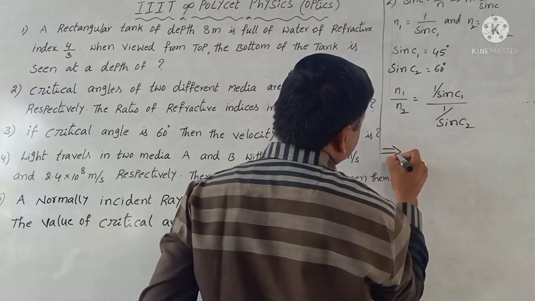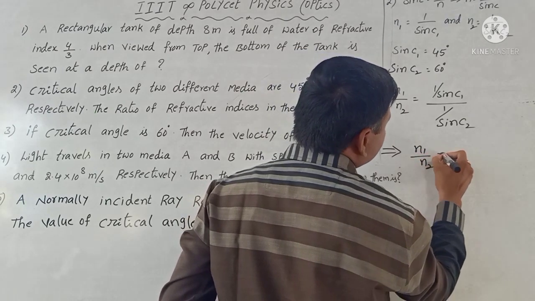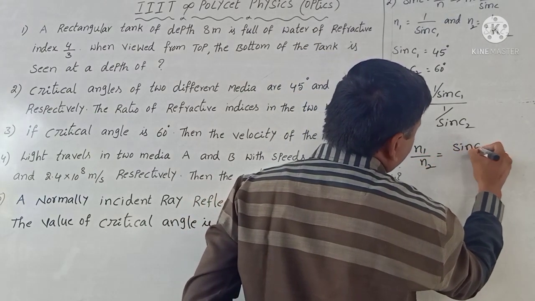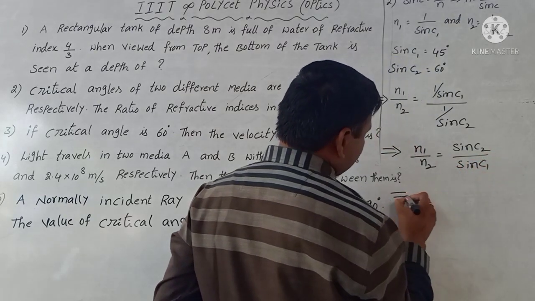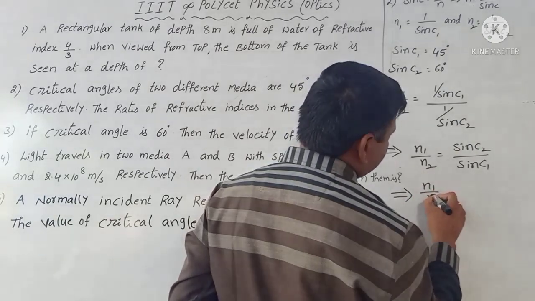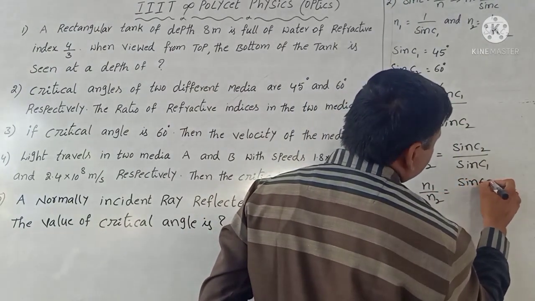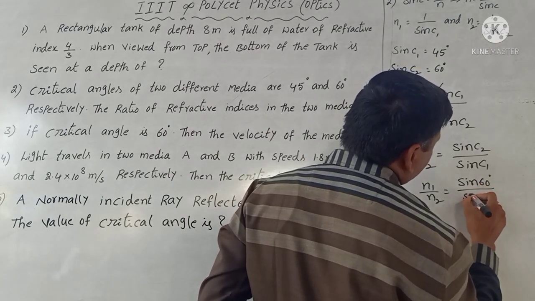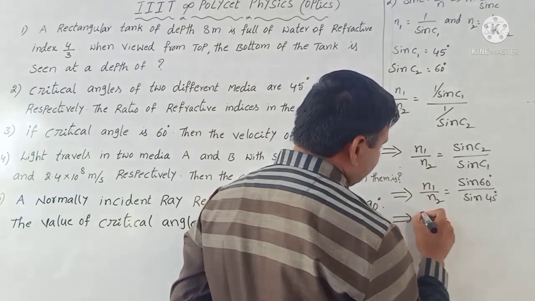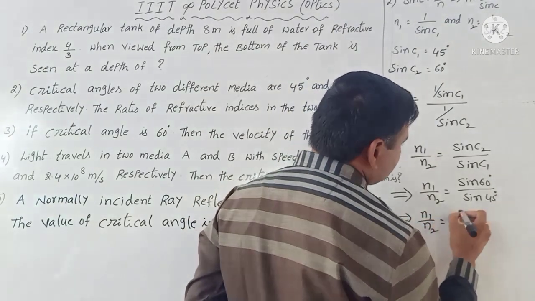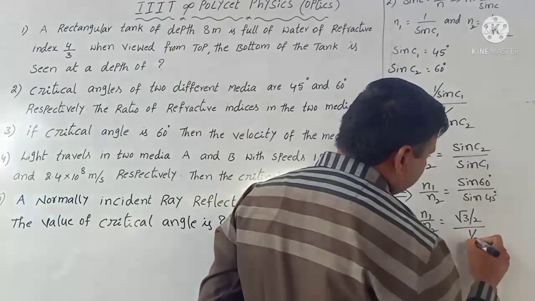That implies n1 by n2 equals the reciprocal, sin C2 by sin C1. Sin C2 means sin 60, sin C1 means sin 45 degrees. So we write the value of n1 by n2 equal to sin 60, which is root 3 by 2, divided by sin 45, which is 1 by root